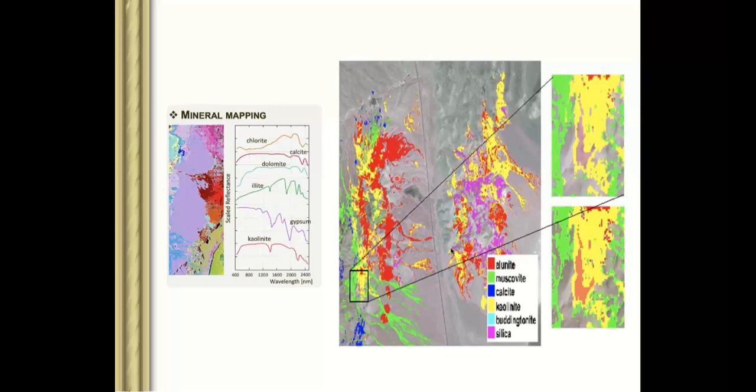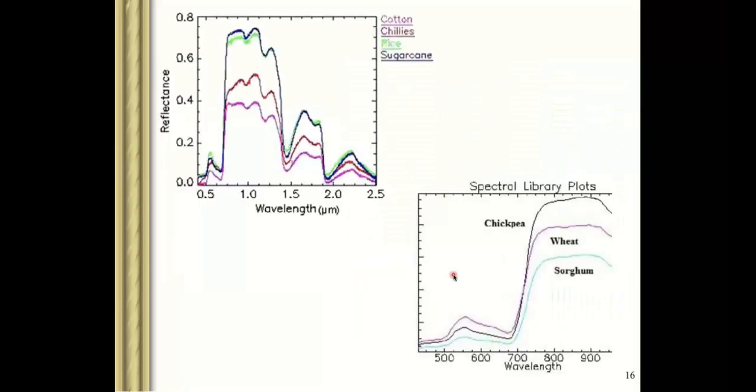Similarly, we do this with medicinal plants, with other economically important plants, and with water quality. All these things are important. If you have the spectra, then you can do these things after doing the band depth and continuum removal analysis. Similarly, we tried this experiment in our agricultural field over here, where we tried to get the spectral structure of four different plants: cotton, chilies, rice, and sugarcane. If you see, their spectral profiles, their absorption peaks, are all different.